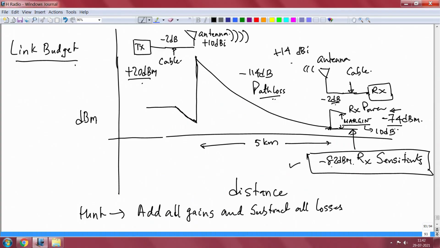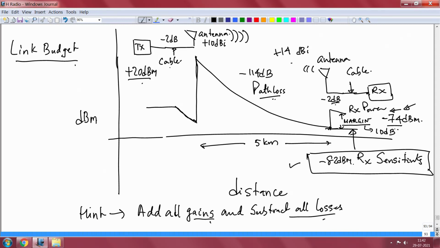I will show you how it connects, how you must map it back to when you buy radio SOC chips which have radio, how you should look for it and what kind of discussion items come up when you are actually doing it. But here, what I have given you is from the vendor data sheet. I did not show you how you calculated minus 74 dBm. I do not want to do it, I want you to try it, and I can give you one hint for it. You have to add all the gains and you have to subtract all the losses.